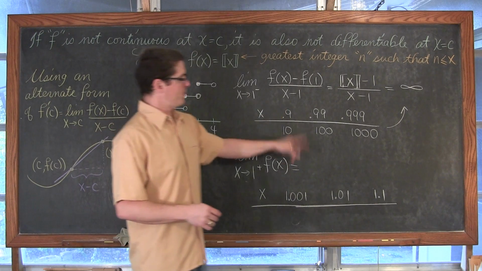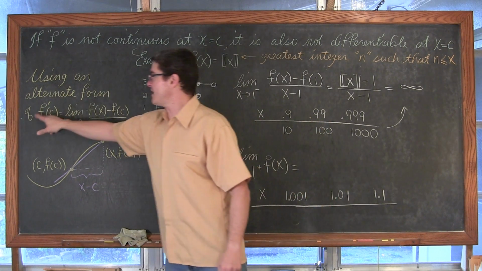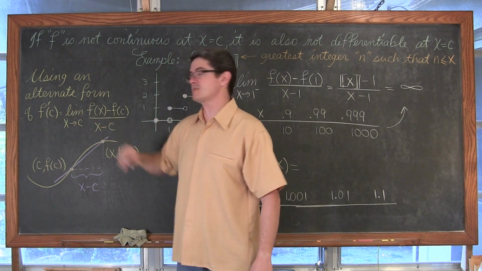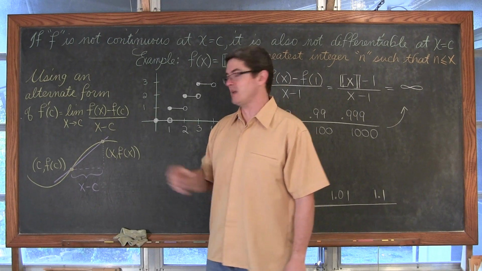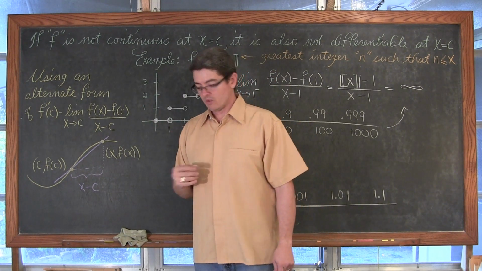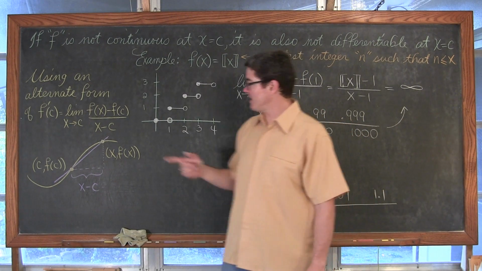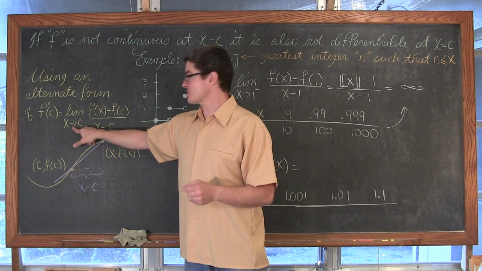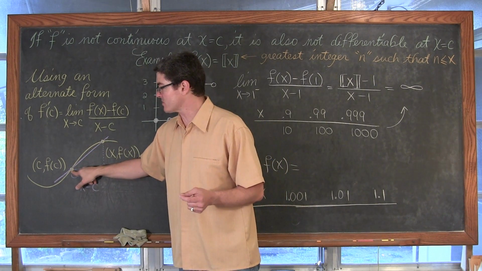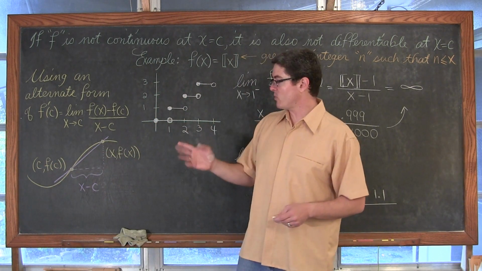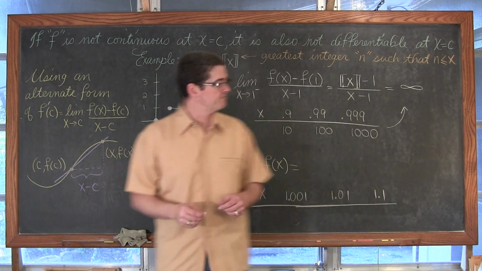Now, to work through this example with these tables, I'm going to use an alternative form of the derivative, which is f prime of c is equal to the limit as x approaches c of f of x minus f of c over x minus c. It doesn't look exactly like your average rate of change formula from pre-calculus. But again, the limit process is going to allow the value of x to approach c, thus taking this point and pushing it closer and closer to our original set point we want to find the slope at, which is c, f of c, and thus still giving us the slope of the tangent.